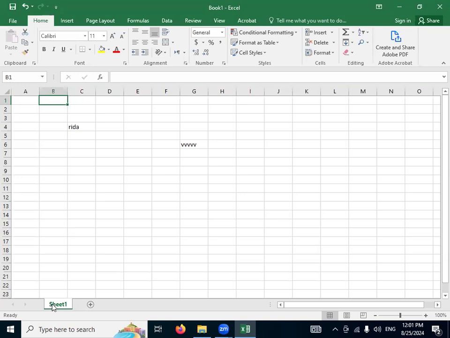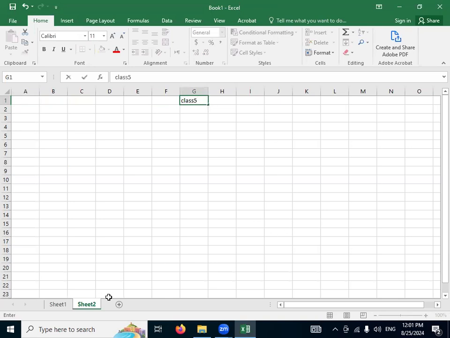For example, I want to make the result card of the whole school and the school has classes 4 to 8. What I will do is, in Sheet1, I will make the result of class 4, and I will add Sheet2 in which I will make the result of class 5.